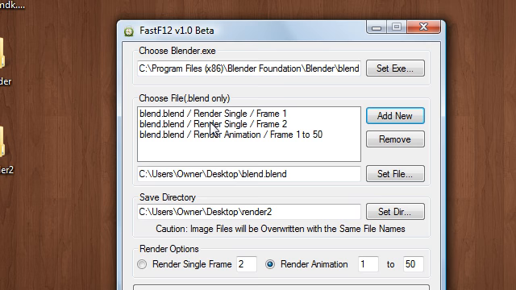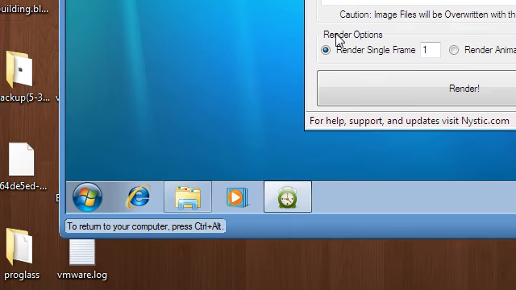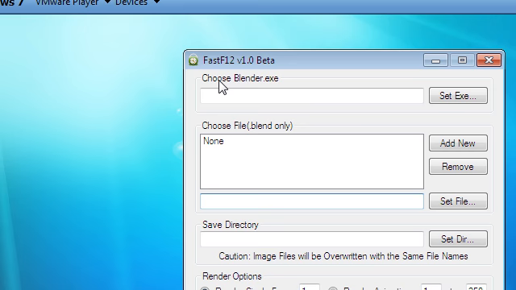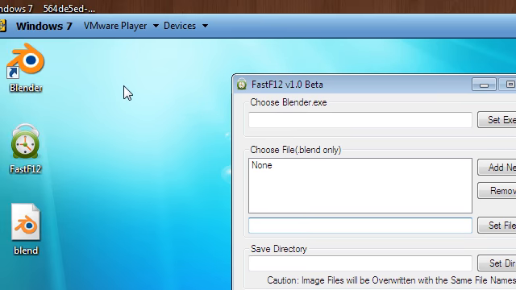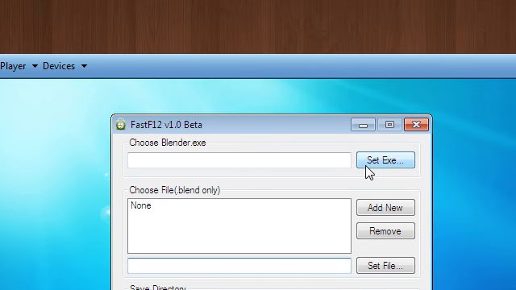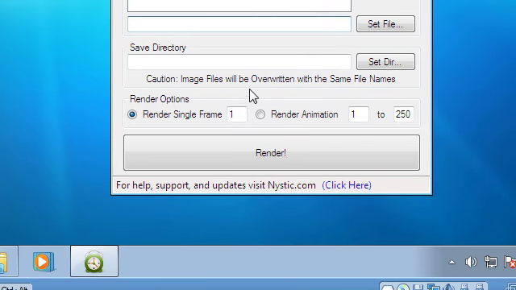Next, we're going to go down here to a completely different computer I have. It's called a virtual machine. It's running Windows 7, which is the next release of Windows. You don't need to know that, but just know this is a completely different computer. This is running Vista. This is running Windows 7. This is just to demonstrate that if you have a few extra computers laying around in your house,